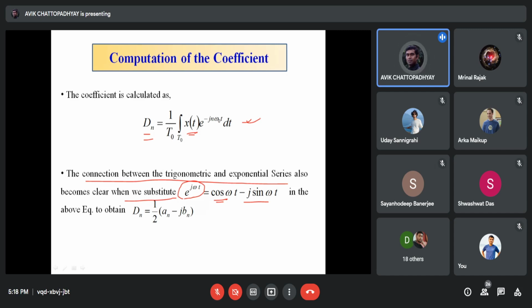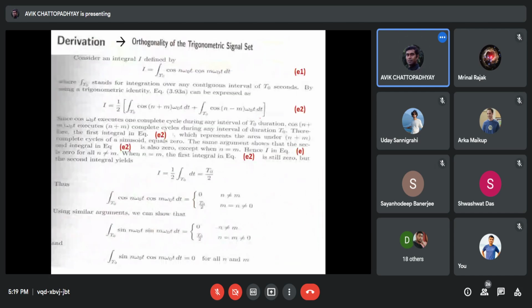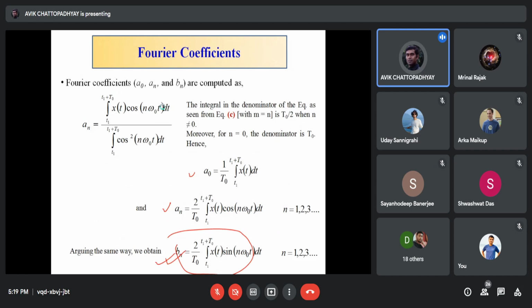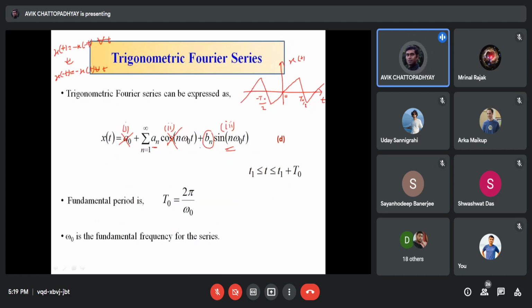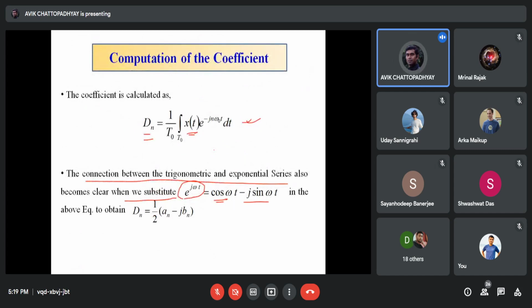হাফ (an − jbn)। সো বেসিক্যালি এটা যেটা বলতে চাইছে যে an আর bn টা হচ্ছে, মানে তুমি যদি এই স্লাইডটা একটু দেখো, জেনারেল যেটা an এন্ড bn করেছিলাম ইন্ট্রোডাকশনে, এই দুটো টার্ম চলে আসবে। আমি যেটা বলতে চাইছি যে an আর bn টা কি ছিল একটু মনে করো। এটা হচ্ছে ট্রিগোনোমেট্রিক রিপ্রেজেন্টেশনের কোএফিসিয়েন্ট। আর dn টা কি পেলাম? dn টা পেলাম হচ্ছে যে এক্সপোনেনশিয়াল যে রিপ্রেজেন্টেশন তার কোএফিসিয়েন্ট। সো ওটাই ওরা বলতে চাইছে যে ট্রিগোনোমেট্রিক সিরিজ দ্যাট ইজ an এন্ড bn আর তার সঙ্গে যে এক্সপোনেনশিয়াল সিরিজ dn আমরা যে ক্যালকুলেট করলাম, তার রিলেশনটা এরা বলেছে এখানে।